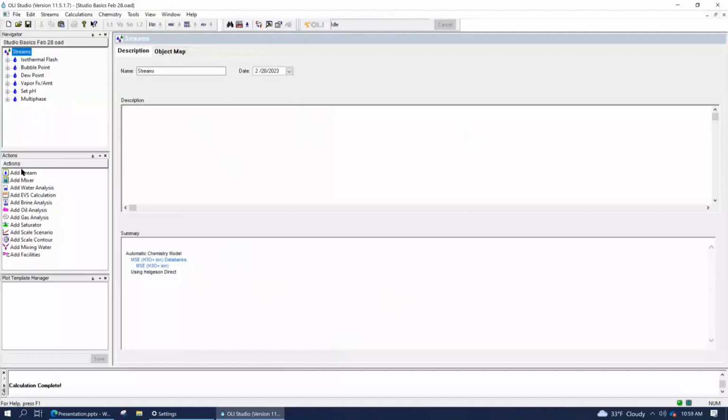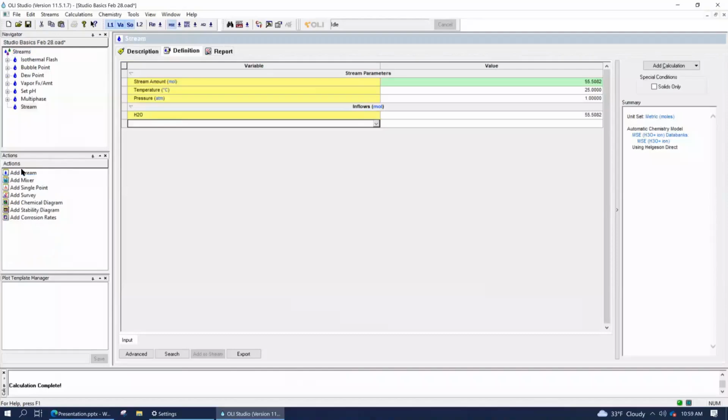Let's add a new stream. Again, by this point, you're seeing the procedure, right? I wanted to call it a habit, but there's a routine here. Add a stream, enter the material, add a calculation, done. So this calculation we're going to call precipitation point. Rename it.